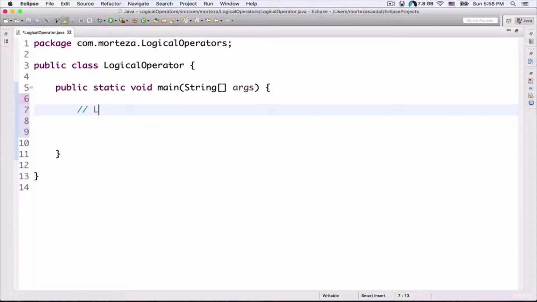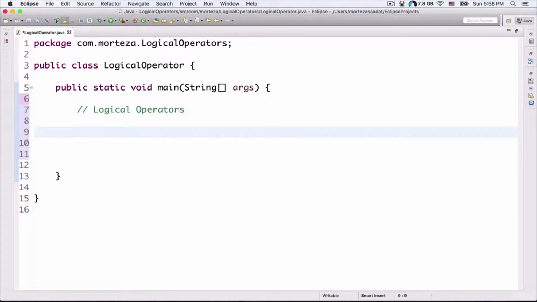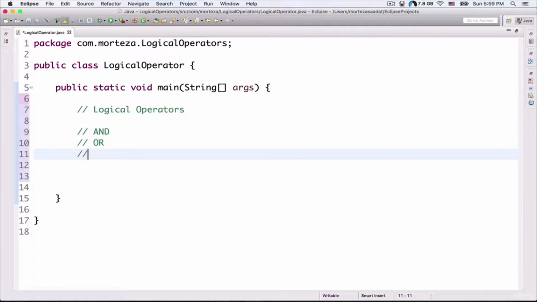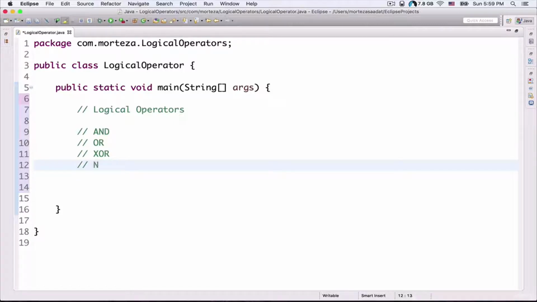Okay, so logical operators. Okay, so expressions that result in Boolean values such as comparison operators can be combined to form more complex expressions. Okay, this is handled through logical operators which are used for the logical combinations. Okay, so the first one is and, okay, or, the next one is xor, and not. Okay,